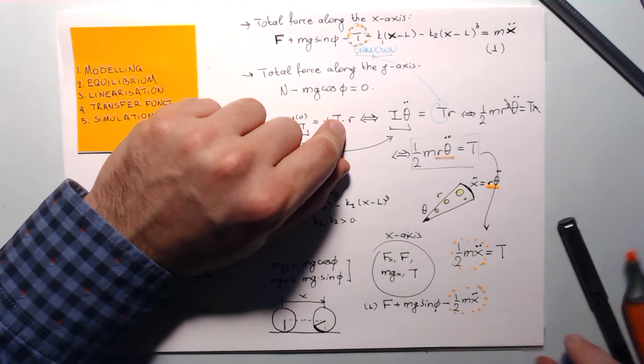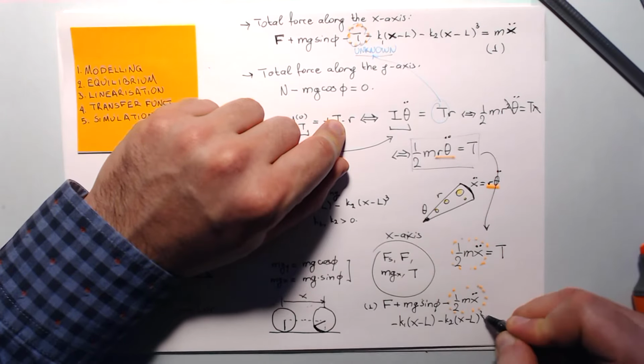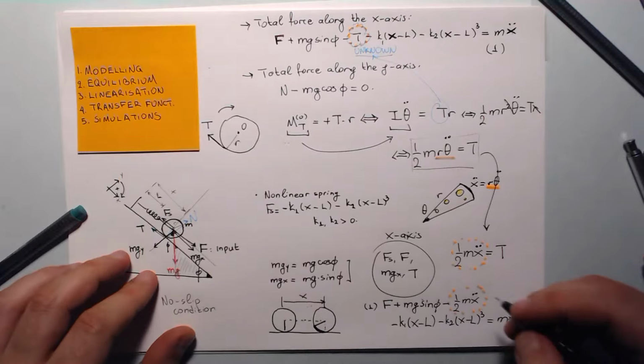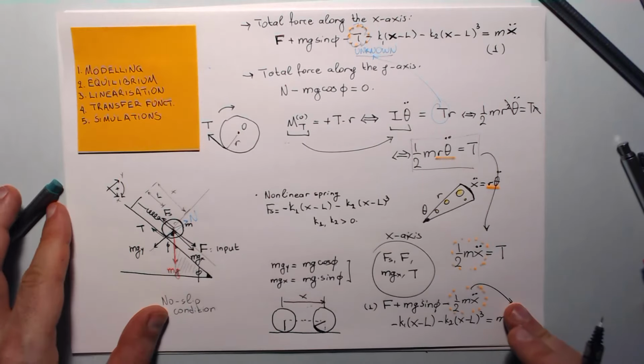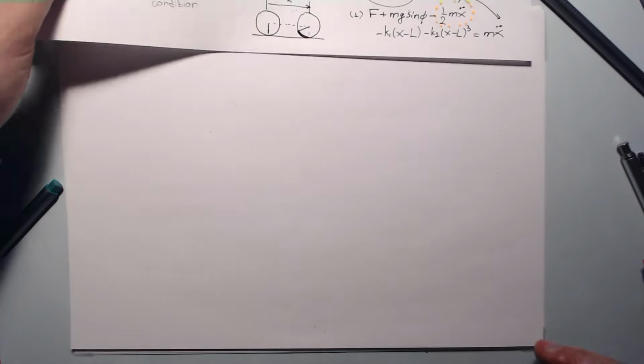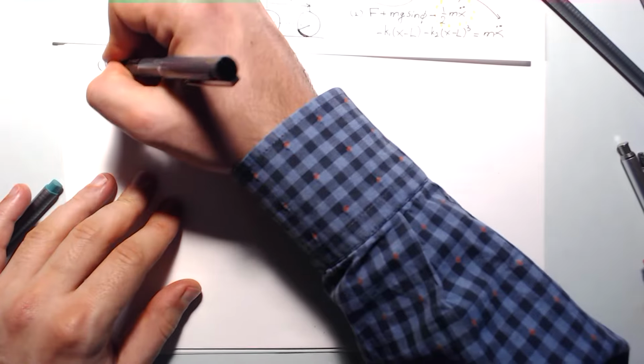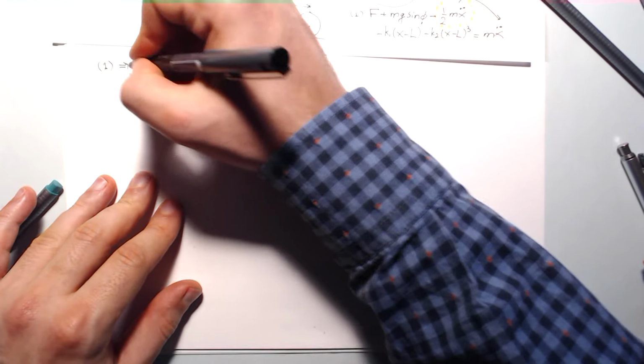So t is equal to that. Last but not least, you see mx double dot on the left hand side. Let's move it now onto the right hand side to simplify this equation a little bit. So equation number 1 at the end of the day becomes